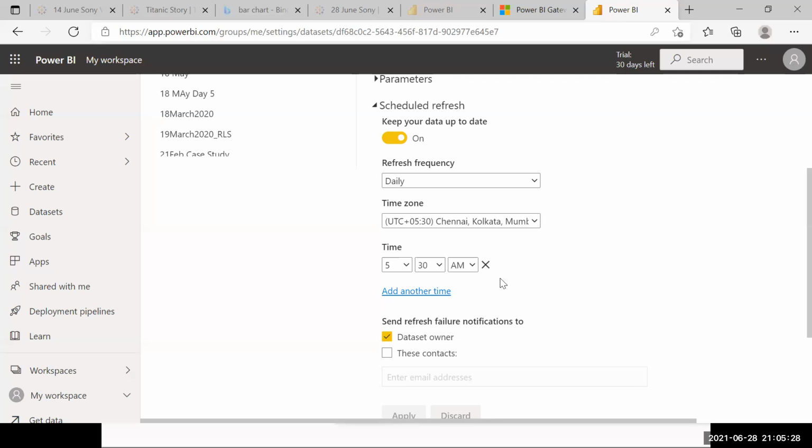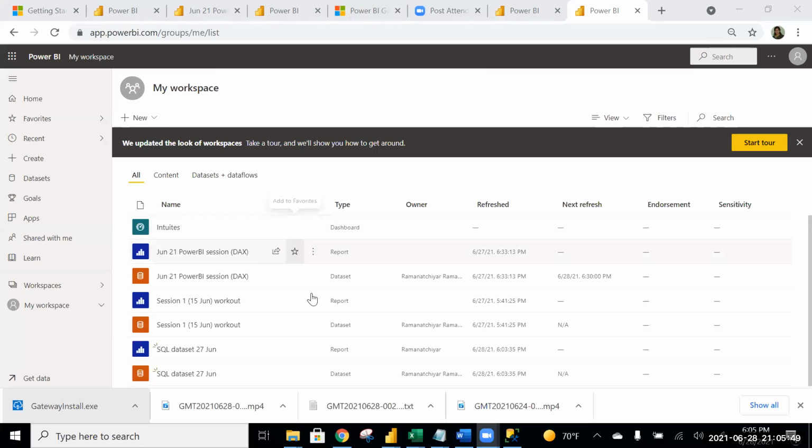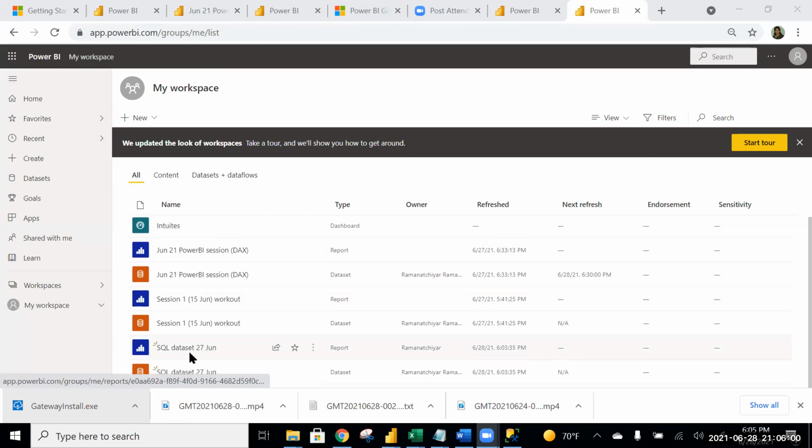My workspace, where should I come to this screen? Which option should I click? From my workspace, where should I click? Short to share screen. For that refresh and gateway, you have, I think, uploaded this below one. This is clear.